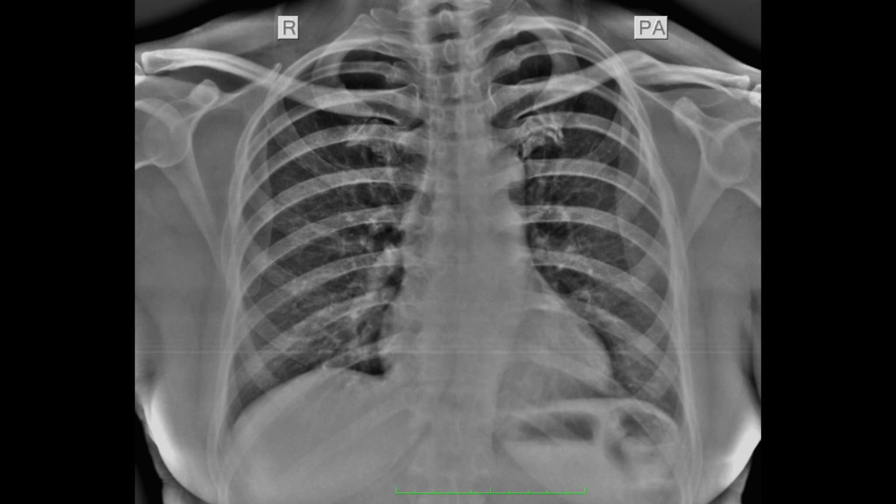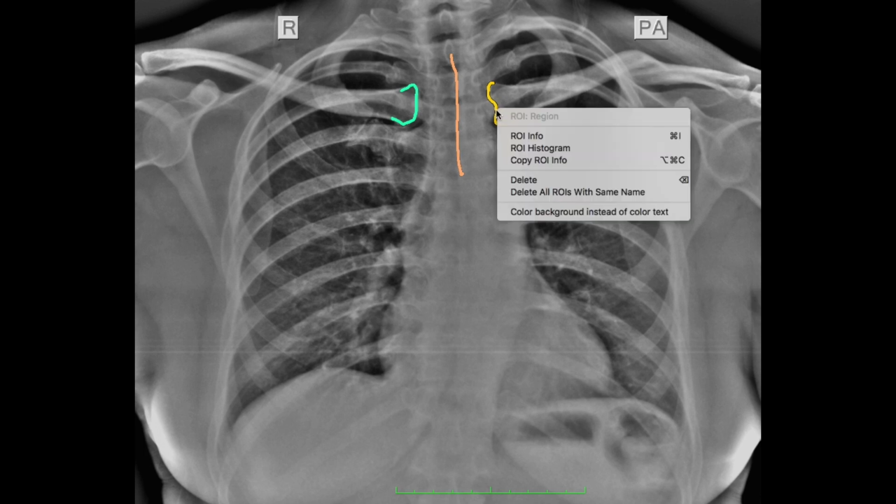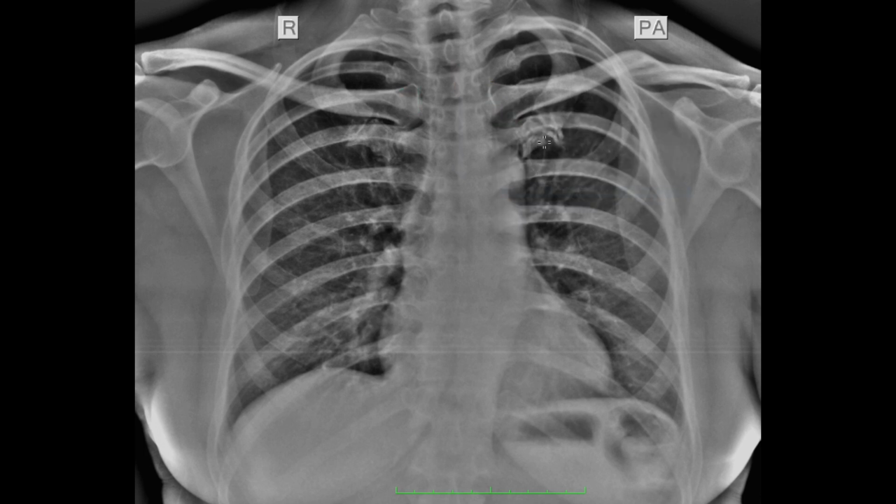Next step is to look for patient rotation and centering. For that, we look at the medial heads of both the clavicles and we draw the interspinous line. These are the spinous processes of the vertebrae. So we see the distance between the medial head of the clavicle and the interspinous line on either side. If these two distances are equal, then we say that the film has been centered correctly and there is no patient rotation. Why is that important?